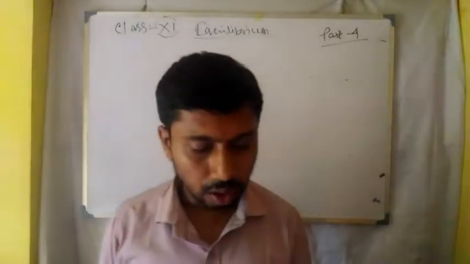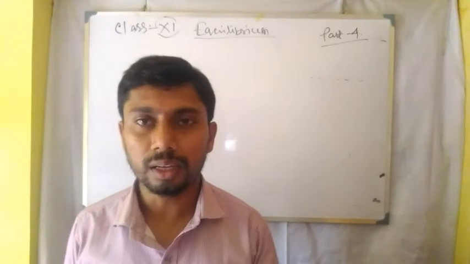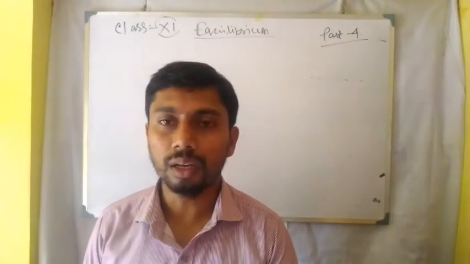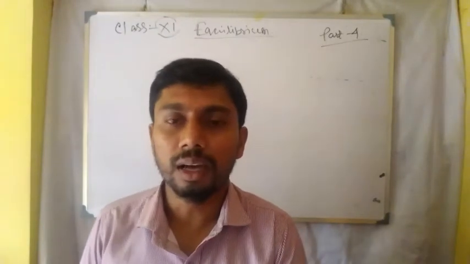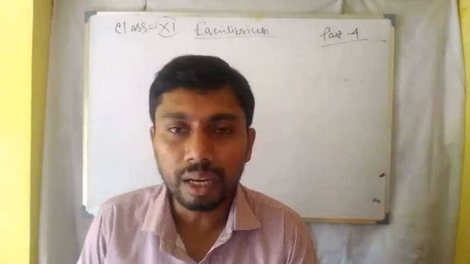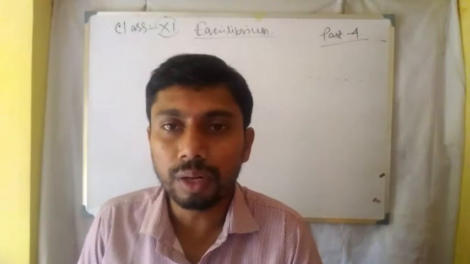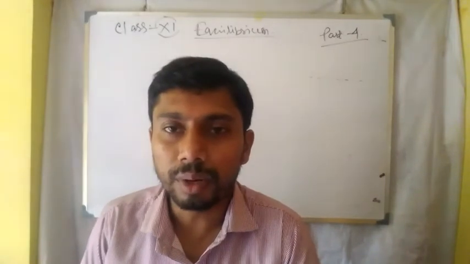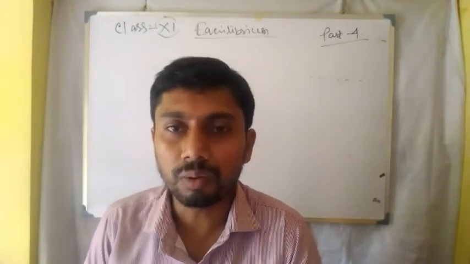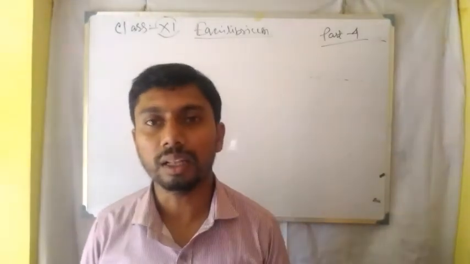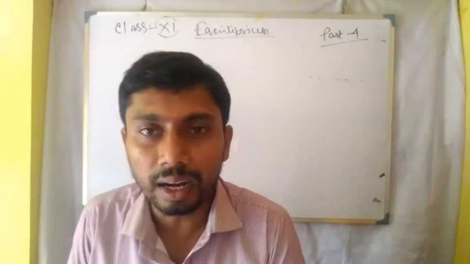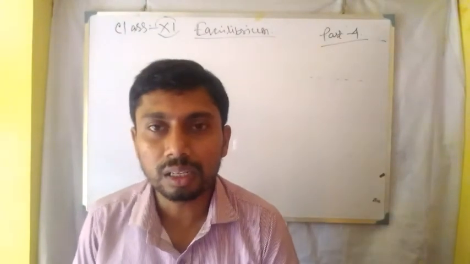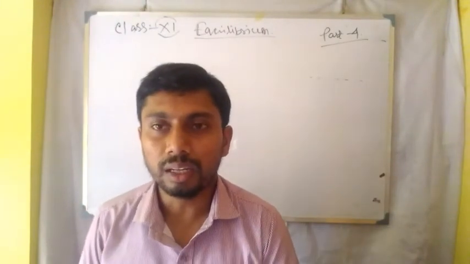So first of all, last day, that is yesterday, we discussed the different applications of equilibrium constants, and there are three main applicable areas of equilibrium constant. One is predicting the path of the reaction, second is the extent of the reaction, and third is calculating the equilibrium concentration. And I have discussed it in detail.